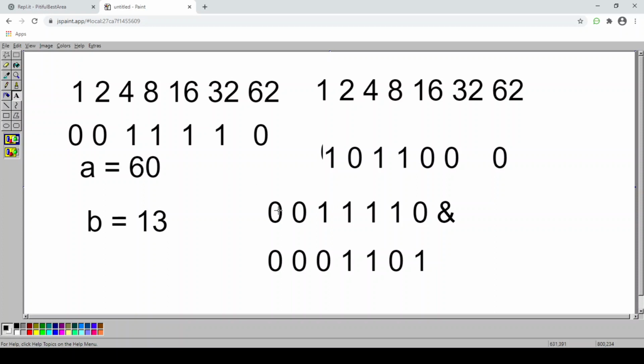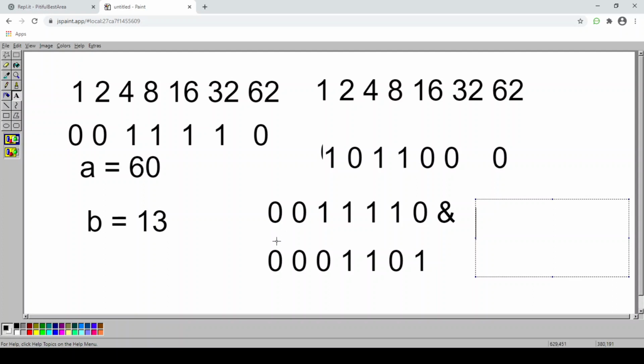If both values are true, our output will be true. If both values are false, the output will be false. If one value is false and the other true, the output will be false. For a true output, both values must be true.